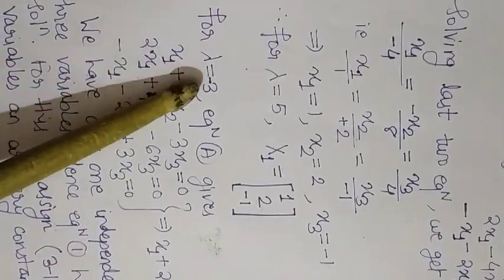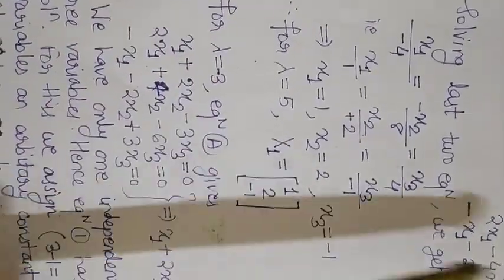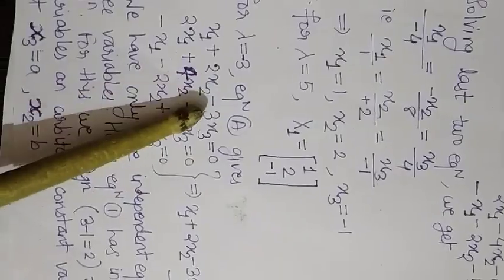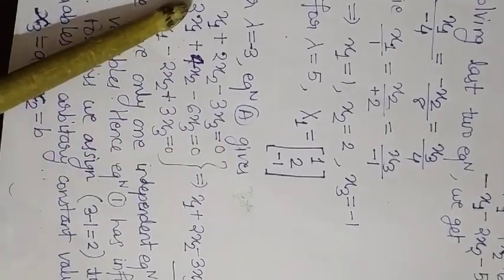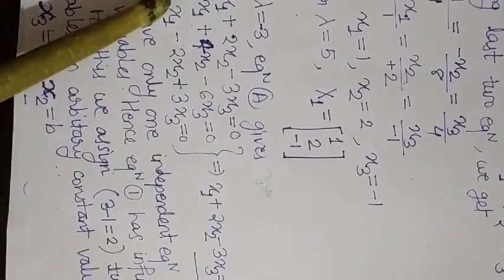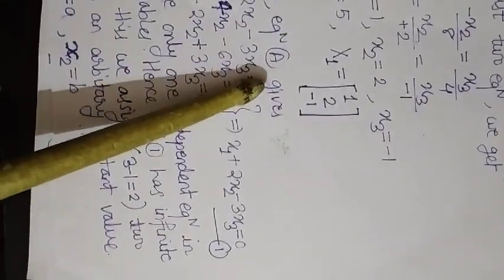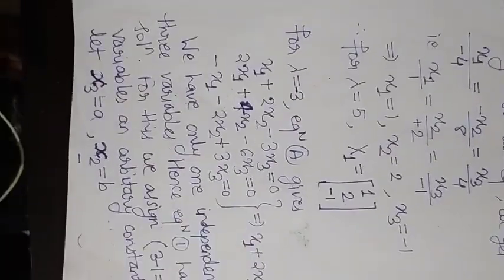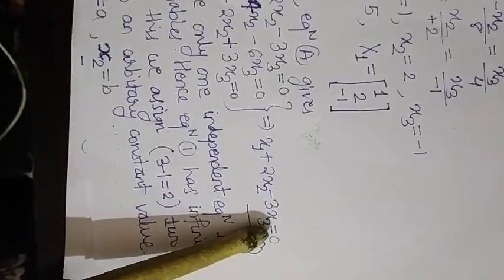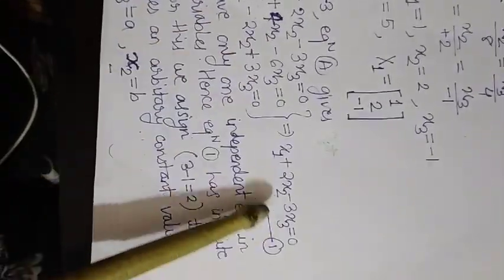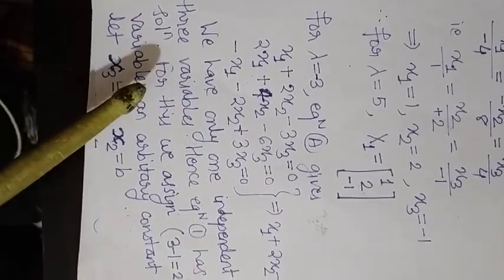Now next, put lambda equal to minus 3 in equation A. What we observe here is that these three equations are nothing but similar to x1 plus 2x2 minus 3x3 equal to 0. You can see here, if I divide this by 2, you will get the same equation. If I divide this by minus 1, you will get the first equation. So these three equations are nothing but one and the same. Now here again, one equation in three variables. So only one independent equation is there in three variables. Hence equation 1 must have infinite solutions.